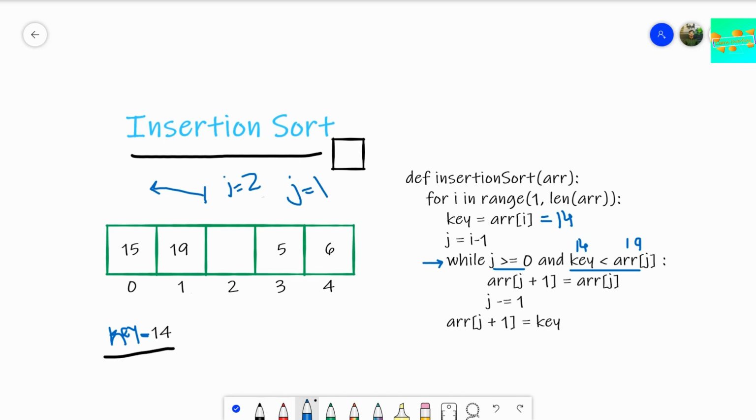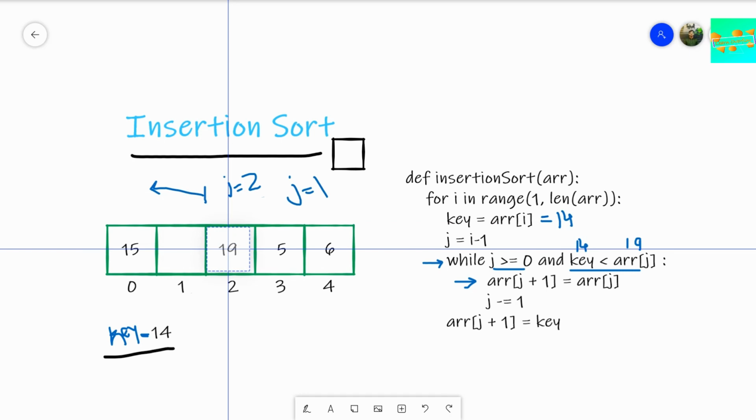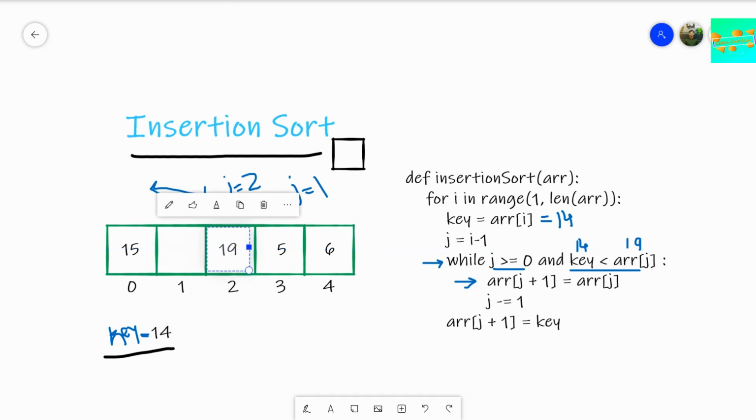In the while loop, we have array of j plus 1. What was the value of j? 1. So array of j plus 1 is array of 2, and we are storing array of j there. When we execute this statement, we're just storing a copy of 19 in its next position, that is array position 2.